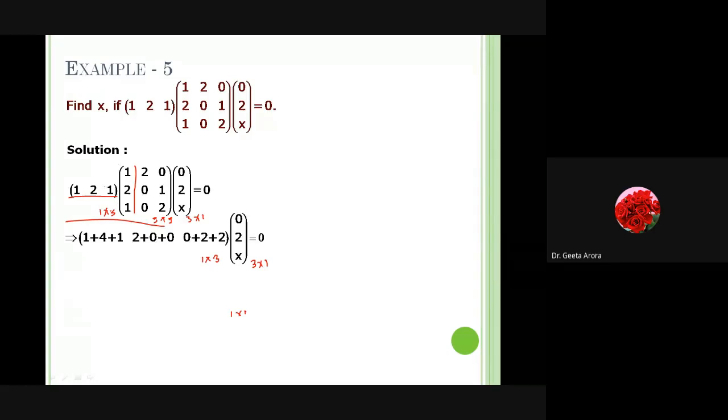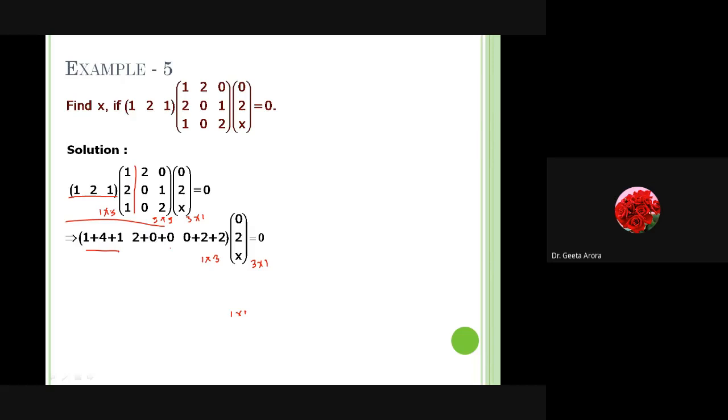So it is 1 into 1 plus 2 into 2 plus 1 into 1, which gives me 1 plus 4 plus 1, 6. Then 1 into 2, 2 into 0, 2 into 0. Actually, there is no need to write this down. Here it is just shown for the clarity of the things that we are discussing. So when you are doing it, in order to check, you can go through it. Otherwise, be sure to hide the things. Practice by yourself and just find out whether whatever value you are getting is the same or not.